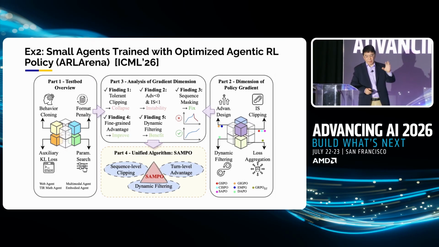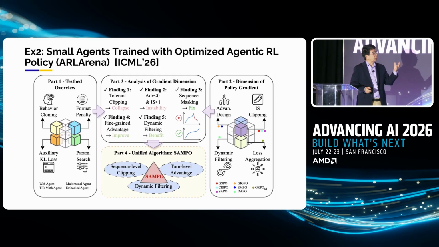On the right-hand side, to do optimization, there's a multidimensional problem. For example, you care about what your advantage function design is, what your importance sampling is, and then what your loss function is, and whether you do dynamic filtering or not. But at the end, I want you to remember the result. We do have a very optimized policy, just published 2 weeks ago at ICML in Seoul. This is one of the top AI conferences